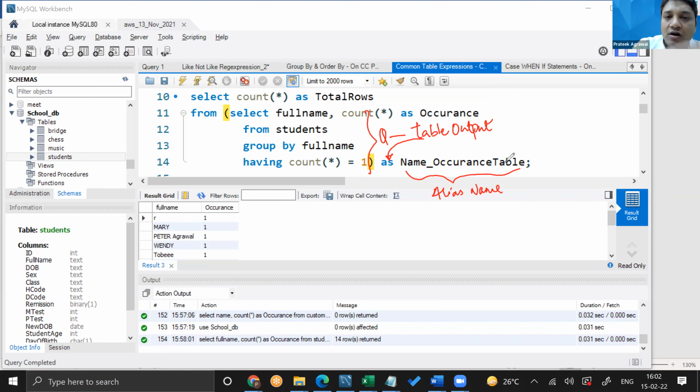I get the point. It's like all these are running in the same query, right? From this table alias, then we are writing another from statement. That means we are writing another select statement on top of the output of this query. And what are we getting? Getting the total number of.